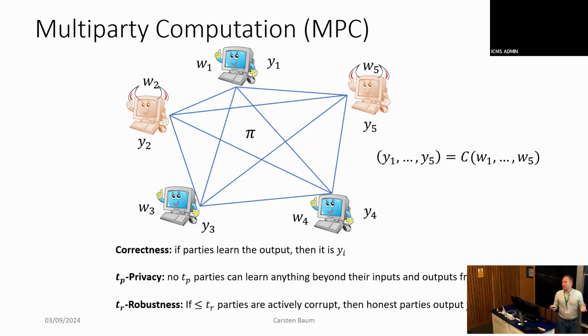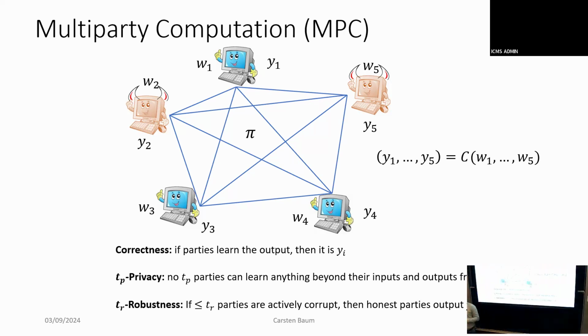You can, of course, have an MPC protocol that has the same privacy and robustness level. Usually, if you build something from, for example, Shamir sharing, you would have the same privacy and robustness level. Yes. I'm just confused about the semi-honest and active clauses in this definition. So you assume semi-honest, sorry. So you assume semi-honest.